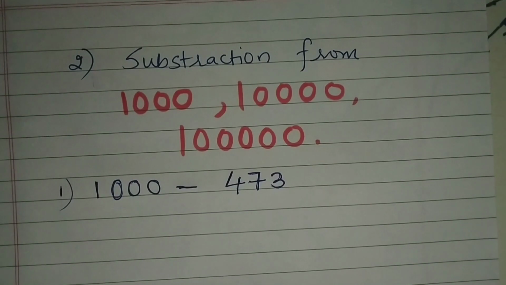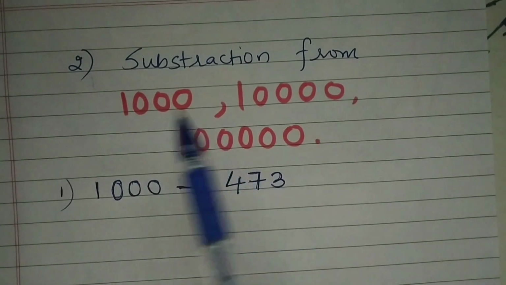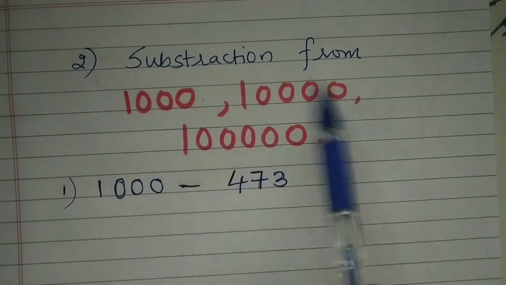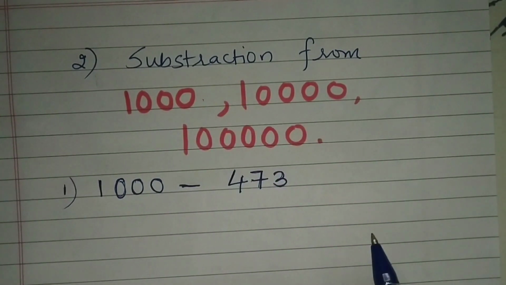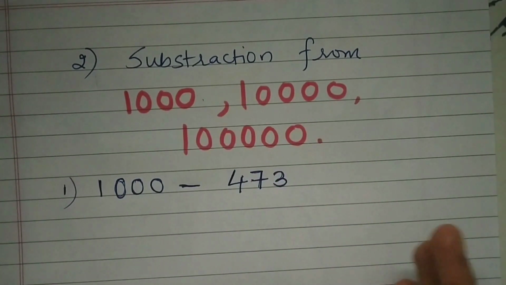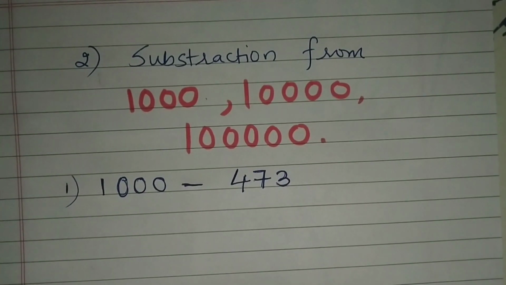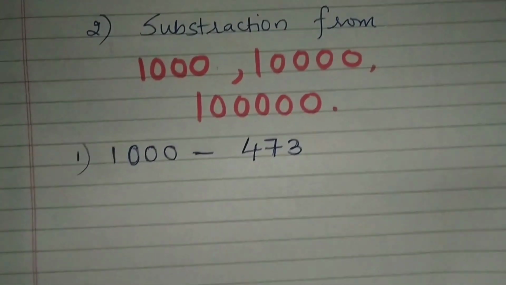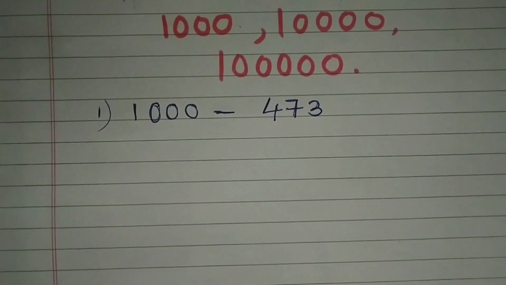Okay, now the second trick that we are going to learn is how to subtract numbers from larger numbers, say 1000, 10,000 and so on. Again, this is a very beautiful and a very easy trick. You yourself will tell this in the comment box once I explain the trick. So let's begin. All you have to do is follow a few steps.